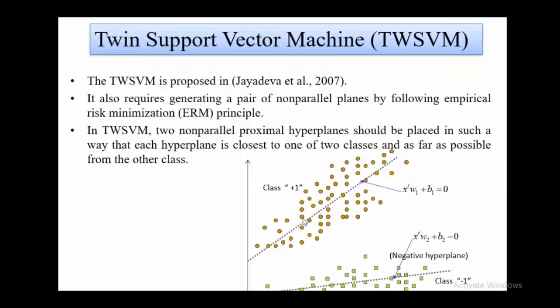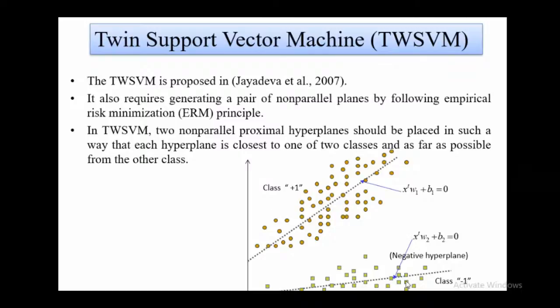And another thing: whatever the points are here, let's say this particular point, you want to keep this hyperplane at least 1 unit of distance from this point. So whatever the points are here, you want to keep the hyperplane as far as possible, and we have given a quantity here, 1 unit of distance, that should be there.